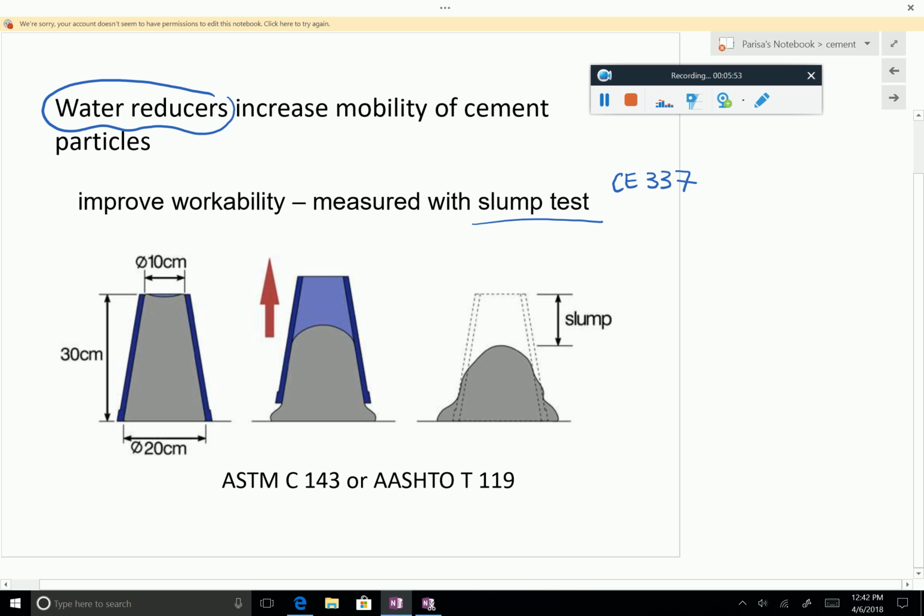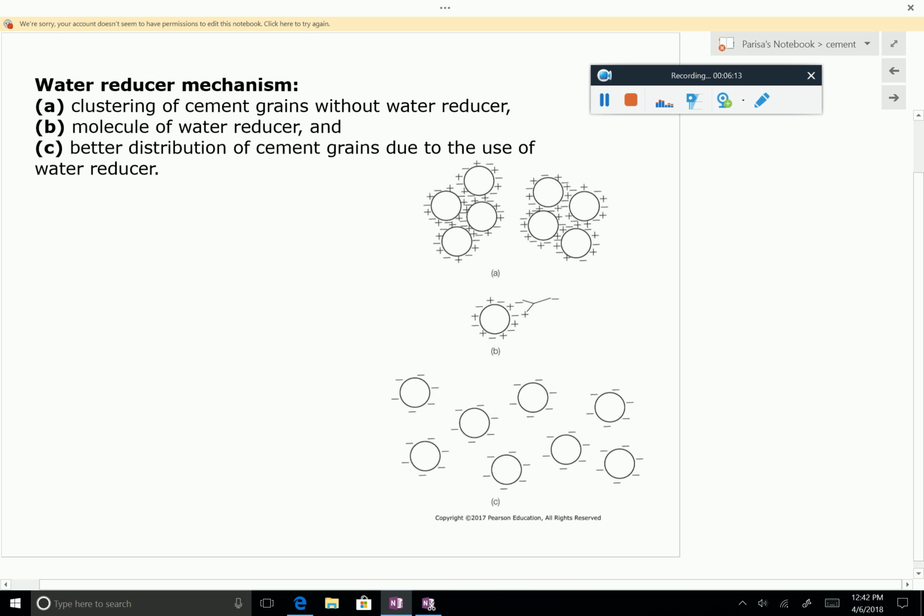And here you basically use a cone and fill it with fresh concrete, and then you remove the cone, and then you measure how much the concrete actually drops. The details are in these ASTM standards. Now, if you use water reducer, it basically increases the slump, and the way it does that is that the